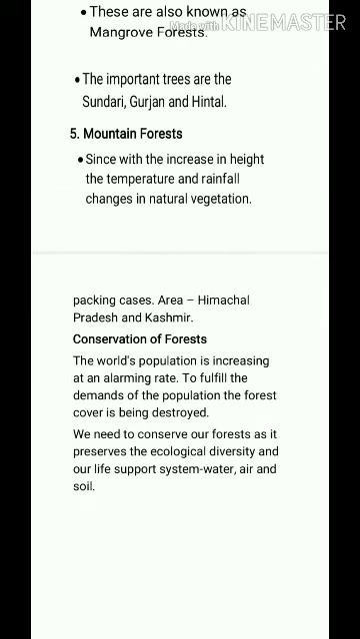Mountain forest. Since with the increase in height, the temperature and rainfall change, there is a corresponding change in natural vegetation. Here are the three types of belts found in mountain forest. These are belts of deciduous forest, temperate forest, and alpine forest. The belt of deciduous forest is found at the foothills of the Himalayas at a height of 1000 meters to 2000 meters. These cover a major part of the hill ranges of northeast India and the Himalayan regions of West Bengal,